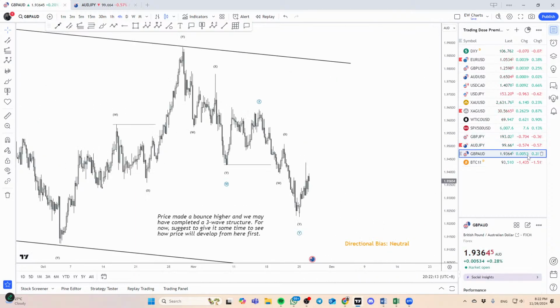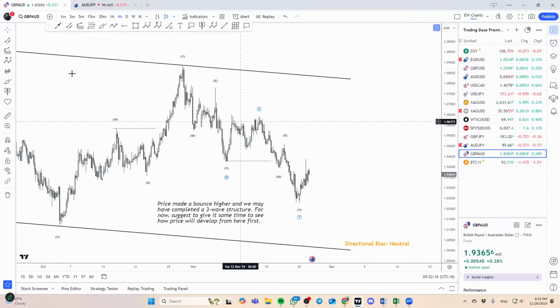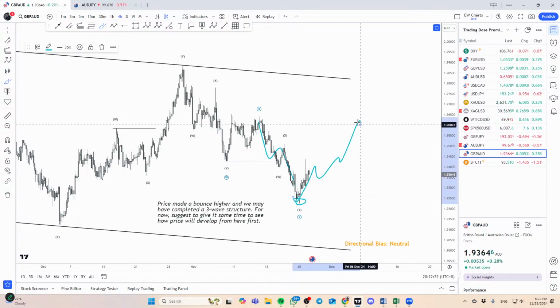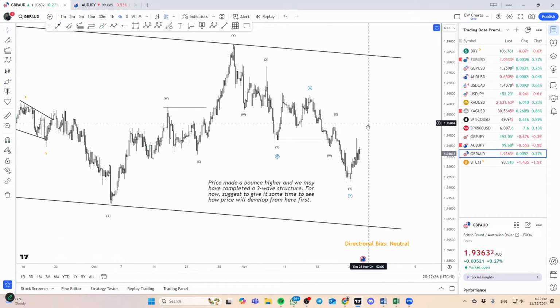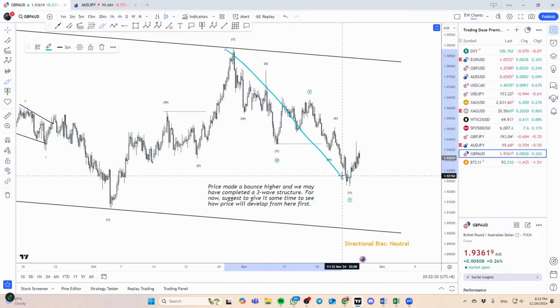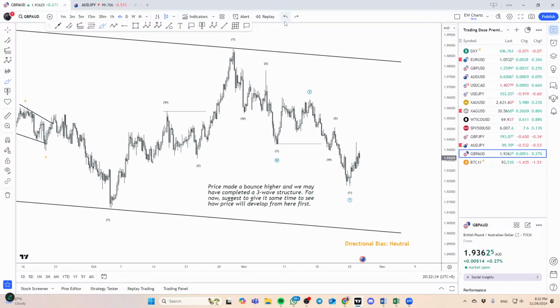Okay, Pound Australia, I'm neutral. The part here is this might be a 1, 2, 3 completion and the market may pull back a little bit deeper. Yeah, we'll need to see a little bit more, right? Because we are in the cycle where the down move may have completed, so I'm just a little bit more cautious on the bearish side of things.